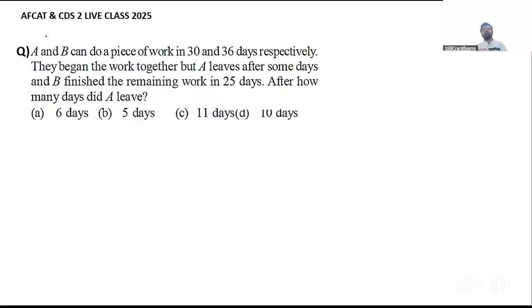It is easy. Okay. So A and B can do a piece of work in 30 and 36 days respectively. They begin the work together, but A leaves after some days and B finishes the remaining work in 25 days. After